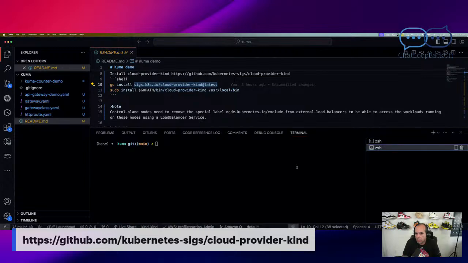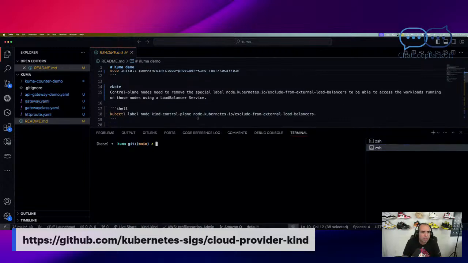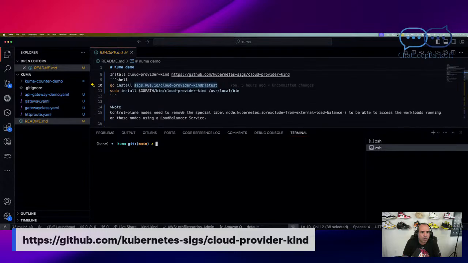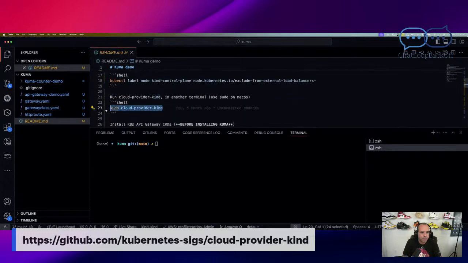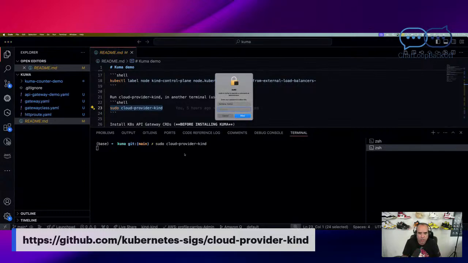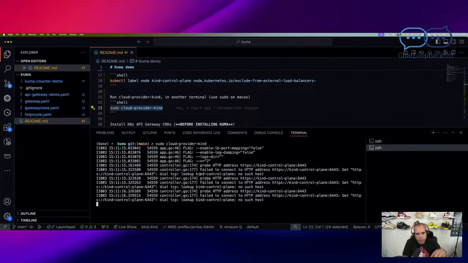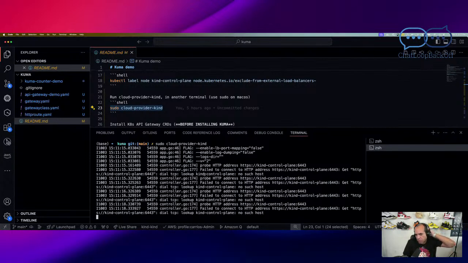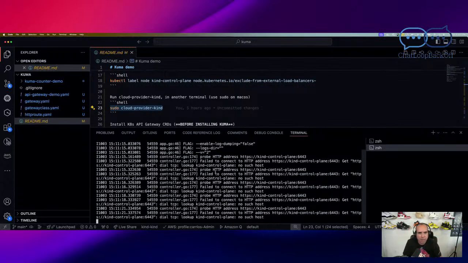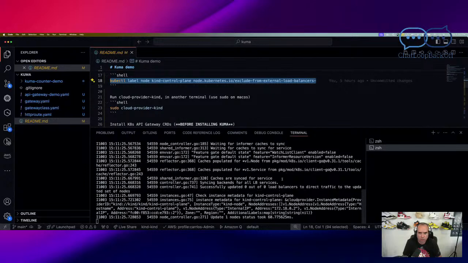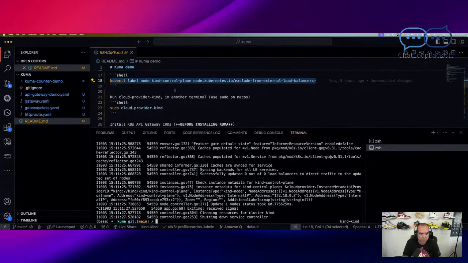So I'm going to run it in this other terminal. I think I need to use sudo because, where did I put it? At least on Mac, the Docker engine is running. To be able to have the host IP address, you have to run it with sudo. I think on Linux, you don't have to use sudo. And then the next thing we have to do is, let me stop it, because I think the first thing you have to do is